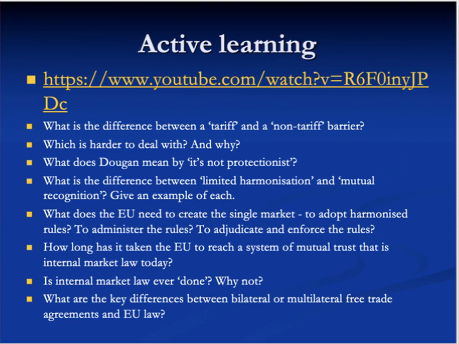So these questions are some factual questions like what is the difference between a tariff and a non-tariff barrier? Some more evaluative questions like which is harder to deal with and why is that the case? Some questions in terms of interpreting Michael Dougan's argument. Some questions in terms of different categories like limited harmonisation and mutual recognition, and we'll come back to these later in the lecture, but it's really good to try to answer them just from the Michael Dougan YouTube video to begin with. And then there are some questions about what the EU needs to create the single market, how long has it taken the EU to reach a system of mutual trust,